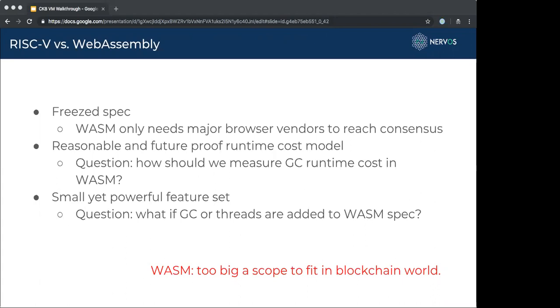I'm just not so optimistic that we can have a reasonable runtime cost model for WebAssembly. The final point is that RISC-V is a small yet powerful feature set, but WebAssembly, if you look at the spec, only achieves a subset of the functions that RISC-V can enable. One example I can give here is that